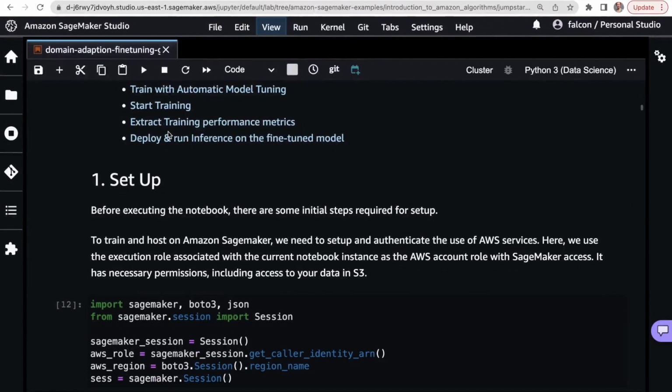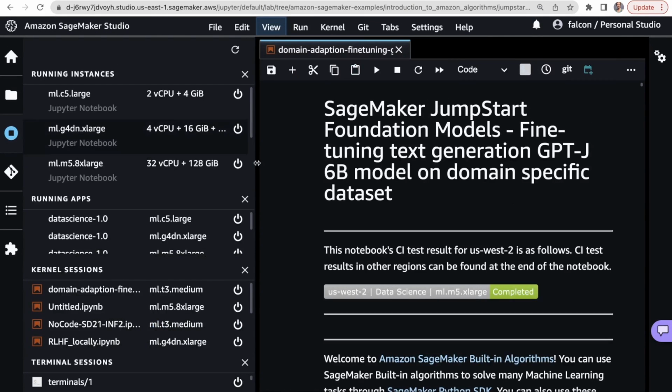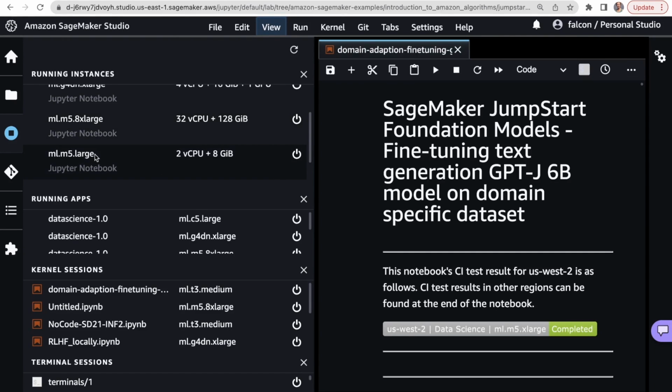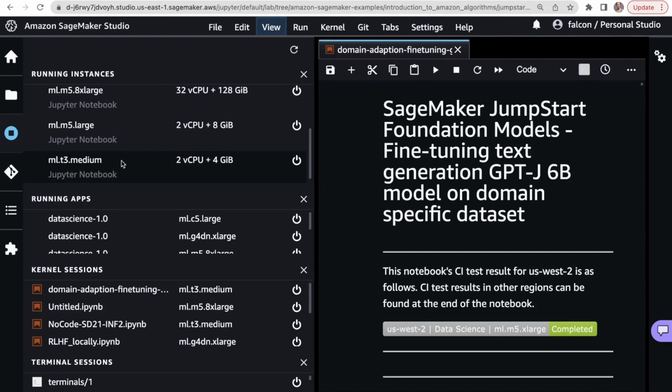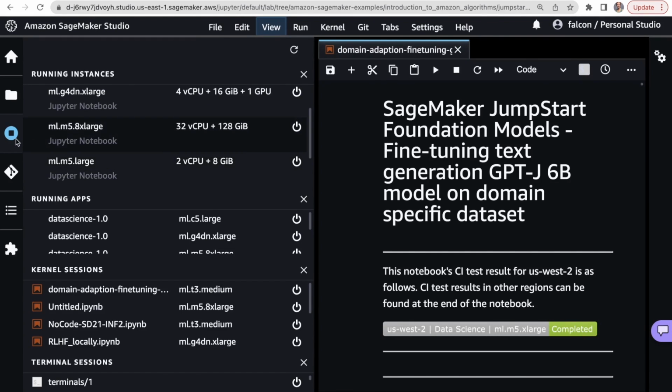And so, believe it or not, I do have this notebook up and running myself. And so this is, again, as usual, on SageMaker Studio. I've got all sorts of instances running today. So I've got a CPU machine, we got a C5 here. I've started to see it more common to have notebooks run on M5s. So M5 large, M5 8s. I think the small machines like your T3 medium just can't always bear the weight of all the compute you're trying to run. So just starting with something a little bit larger, like the M5, seems to be a good bet.